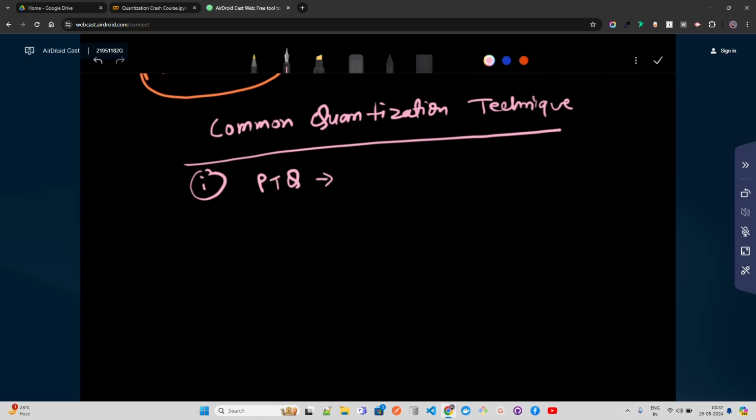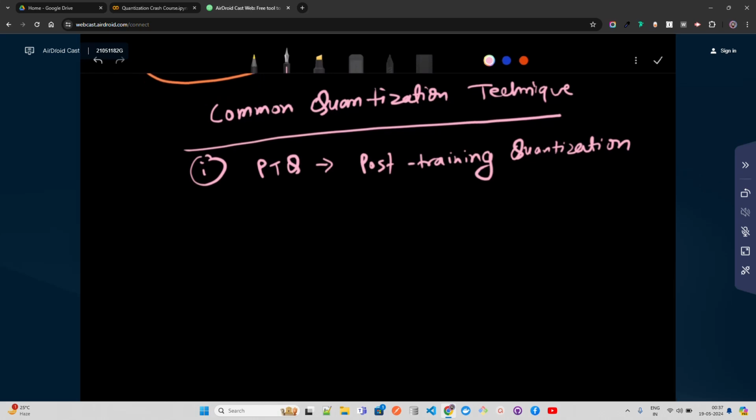PTQ, which is post-training quantization, and most creators like me, the YouTube creators or the people who do not have a lot of infra, we all do post-training quantization. The next is quantization aware training, which is called QAT.